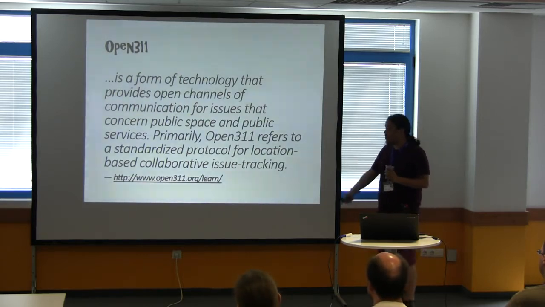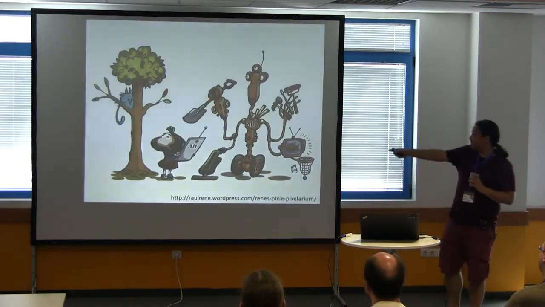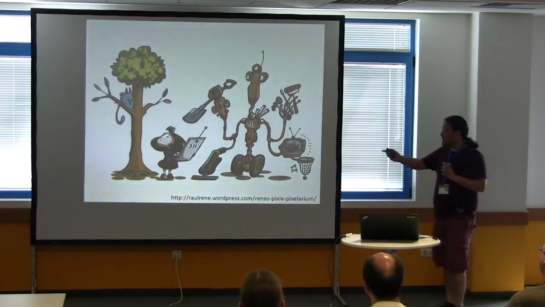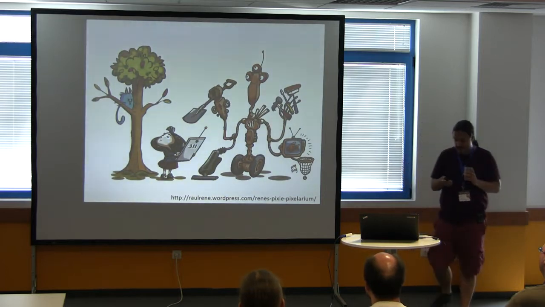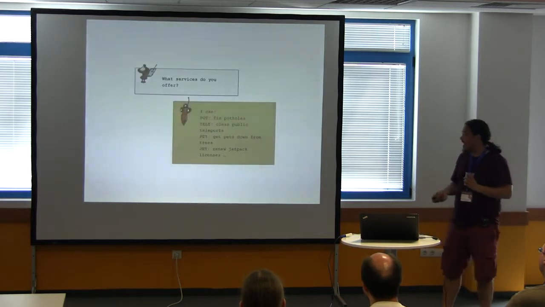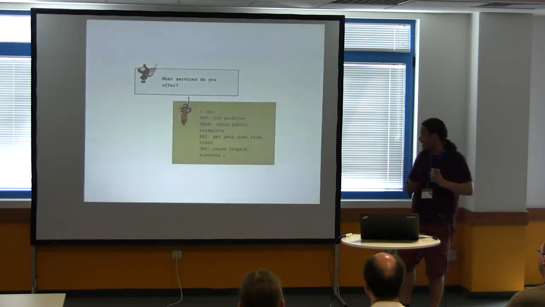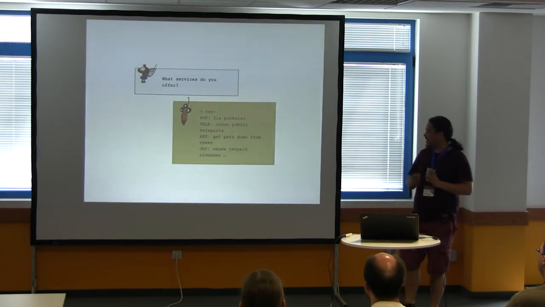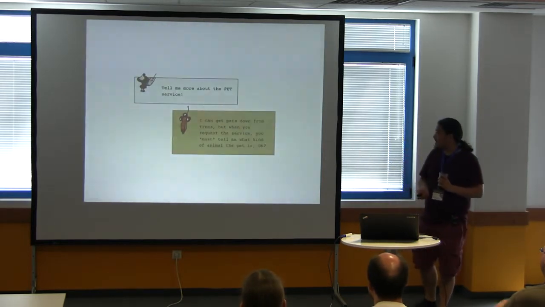And there's something called Open311, and that text is so boring that you shouldn't even start reading it. Here's some pretty pictures of somebody trying to rescue a cat from a tree. So my colleague Dave commissioned these pictures and did a lovely little blog post for people in councils to explain to them what an open API is. Basically, it's a discovery service. You can speak to it in a REST API, and it comes back with XML or JSON saying, hey, I can fix potholes or get pets down from trees. And you can get more information.